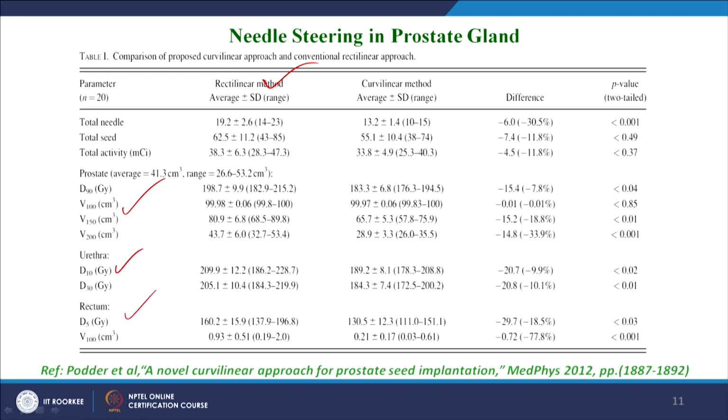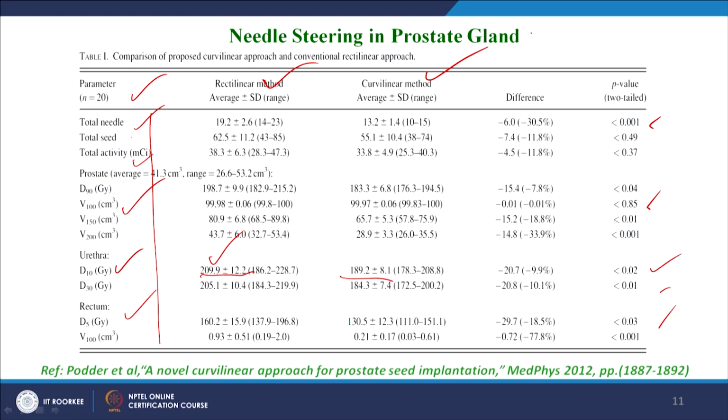You can see that dose exposure is more in the rectilinear case, whereas it is lesser in the other. The variation is significant between these two approaches across these parameters. Total seeds, total needles, total activity and the exposures are all significantly lesser in the proposed curvilinear approach compared